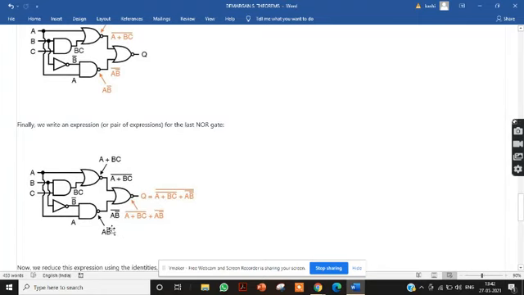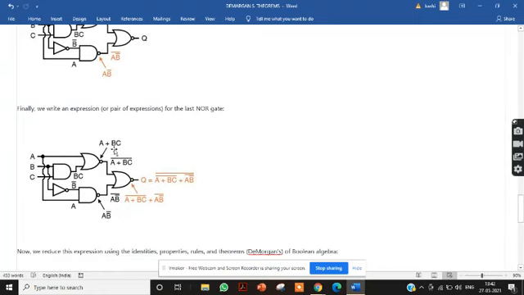So you observe here, up to this, what did you get? Once again, I am repeating: up to this is A plus BC. Here you have a small circle, meaning a NOR gate, so you have to invert it: A plus BC bar. In the second one, what do you have? Up to this is AB bar, and this is a NAND gate, so it becomes AB bar whole bar.